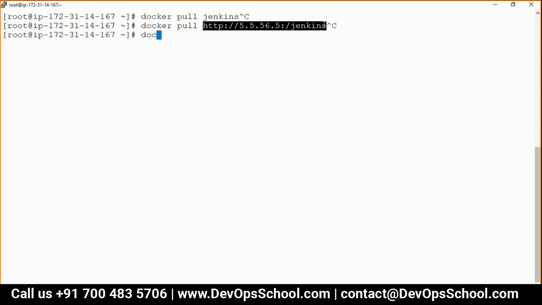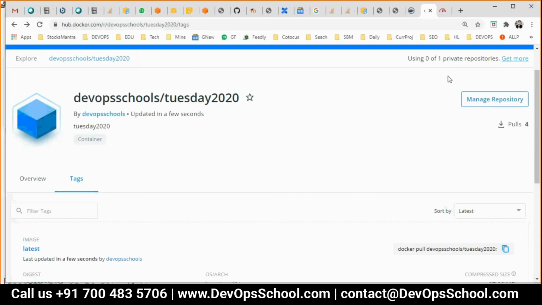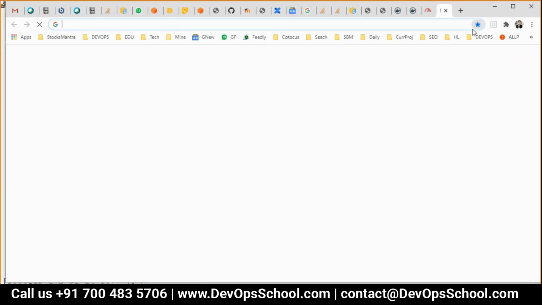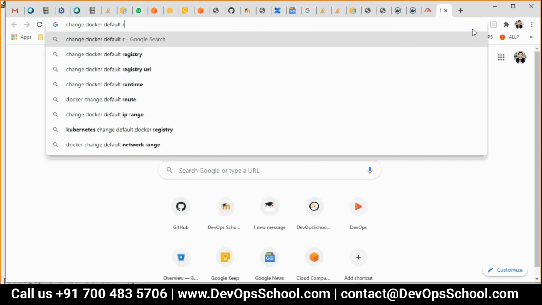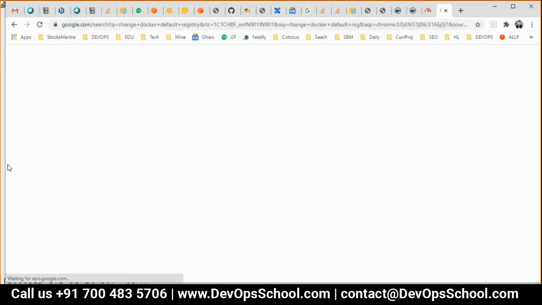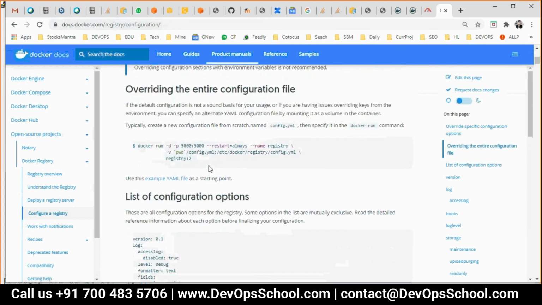What you can also do is change the default registry itself through the Docker config. If you search in Google, change Docker default registry, you can change the configuration file and insert whatever default registry you have. You can change this and then work accordingly.